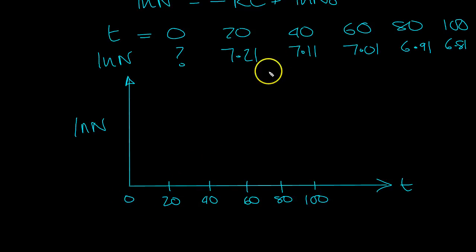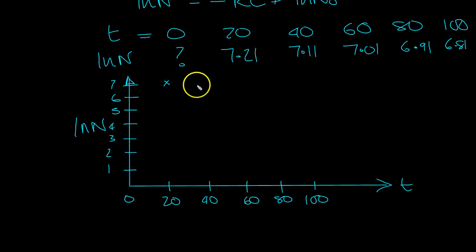And it goes up to 7 point something, so 1, 2, 3, 4, 5, 6, 7. Okay. 7.21 at 0, so that would be here. Then 7.11, 20 rather, not at 0. 7.11, 7.21 rather,